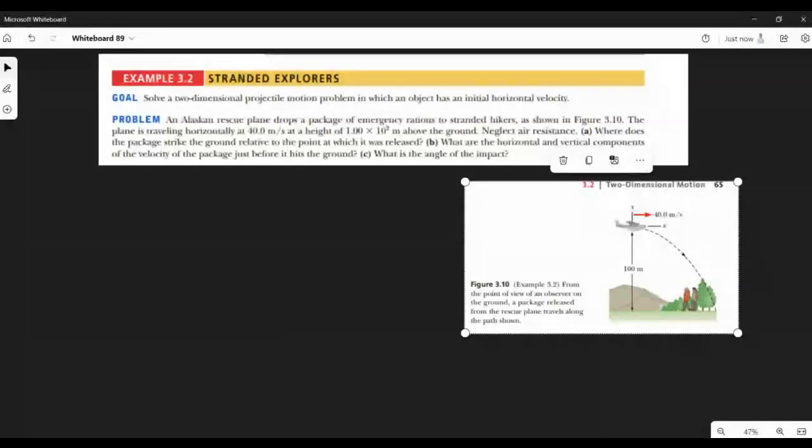So typically all the two-dimensional motions will be a projectile type motion until we come to the relative velocity part, where that's a bit different. But I highly recommend cracking these things as soon as possible. Okay, so looking at this,